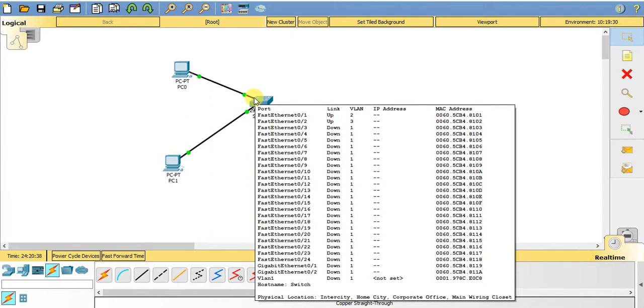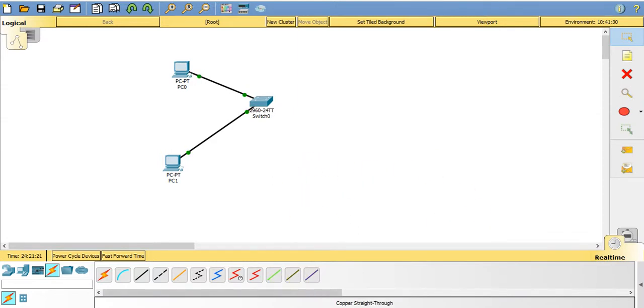So here you can see both the switch ports are in different VLANs, and if two PCs are connected to different VLANs, they will not ping each other. This is the benefit of VLANs, because VLANs provide security for machines in a network. Okay, so here you can see you cannot